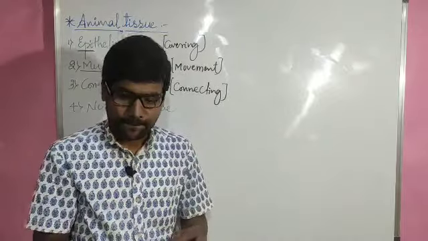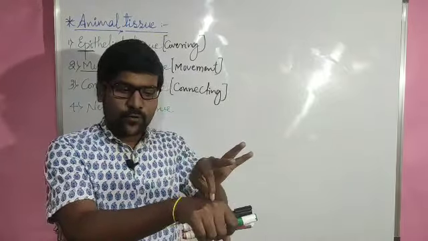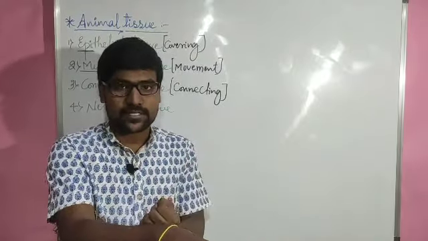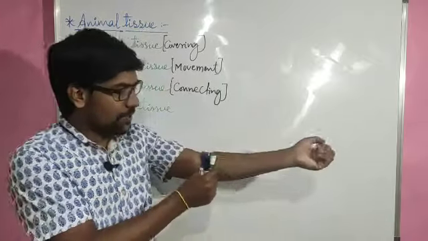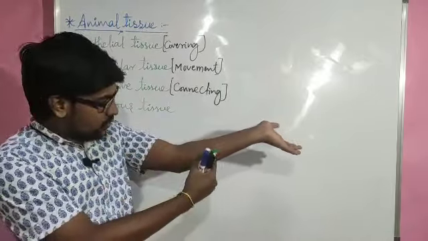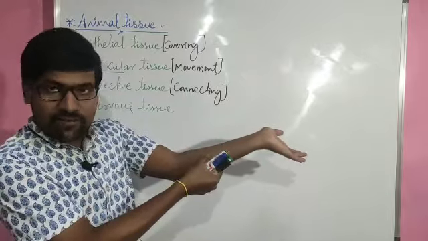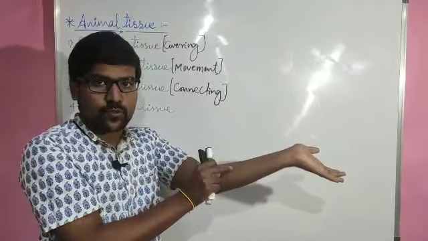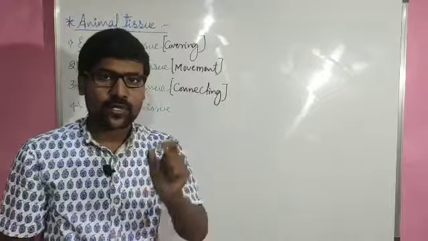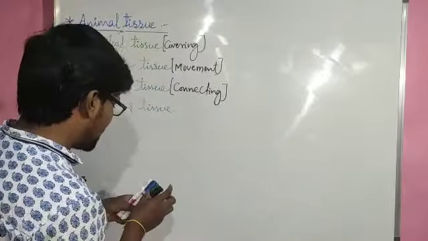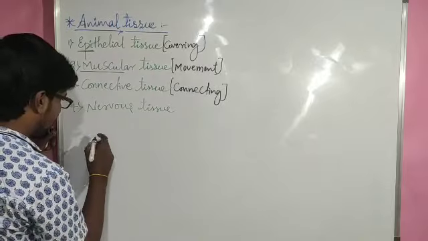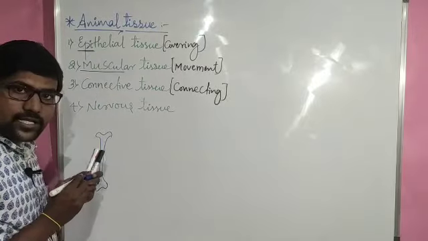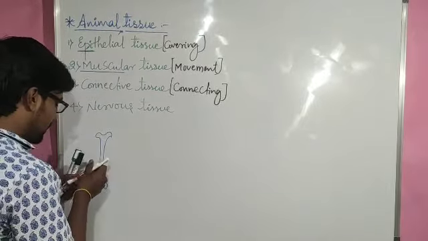Or say for example, skin is there here. If you remove one layer of skin, below we have strong muscles. If I remove one layer here, below the skin we have strong muscles. After the muscles, inside, we have the bones. At the center we have the bones. That means we can see three layers. Bone, say for example, let me consider this one here. Let me consider the bone, right? After the bone we have